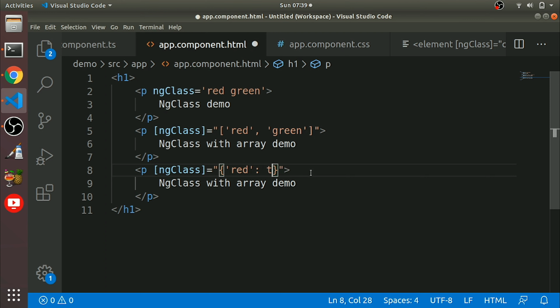If it is true, it will add the red class, or if it is false, it will not. Green will be false. So what we are doing here, we are setting the red class to be true. That means the red class will apply here and the green class will not apply here.